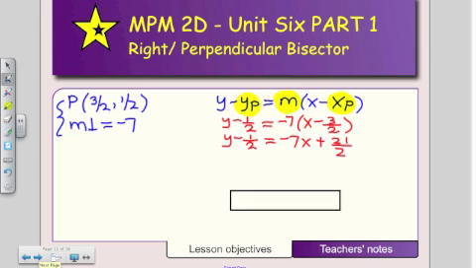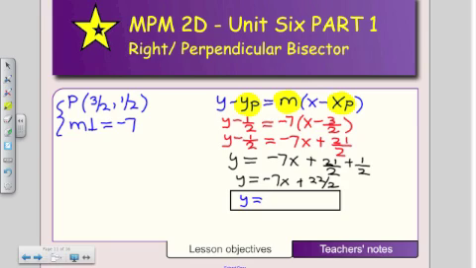Move everything over to one side and isolate the y. Y is equal to negative 7x plus 21 over 2 plus 1/2. Y is equal to negative 7x plus 22 over 2, which just simplifies to y is equal to negative 7x plus 11. This is my equation number 1, and it's my right bisector